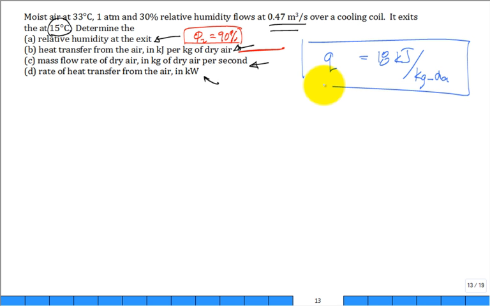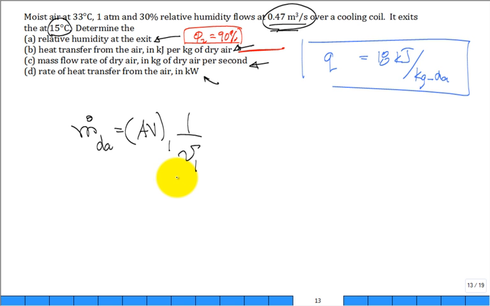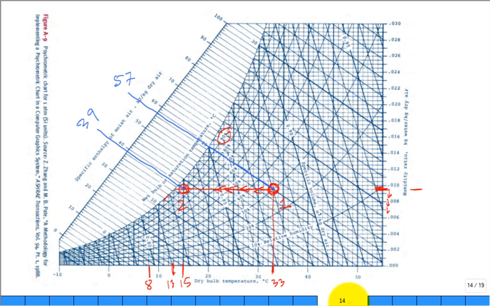Okay. What is the mass flow rate of the dry air? So we want to calculate the mass flow rate of the dry air. They gave us the volumetric flow rate, AV, at 1. We divide by the specific volume at 1. So the specific volume at 1 is, it's right here, this line. And so it's